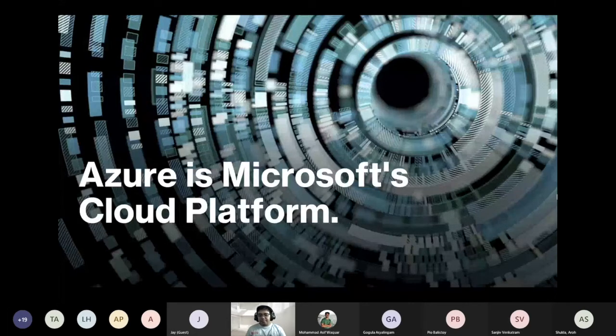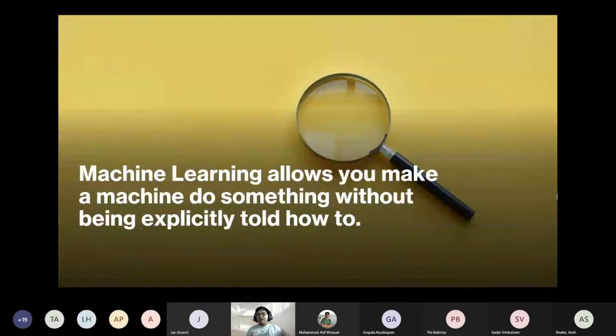Next, what is machine learning? Machine learning allows you to make a machine do something without being explicitly told how to. Usually when we program, we think of the rules that will come into the program.